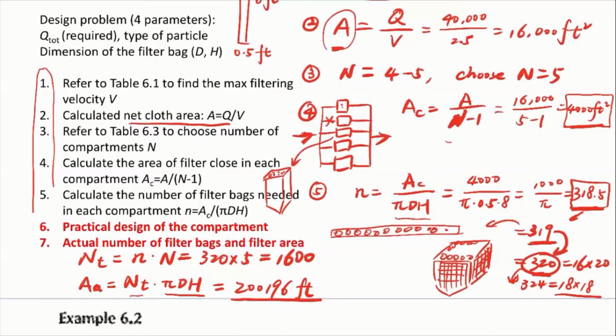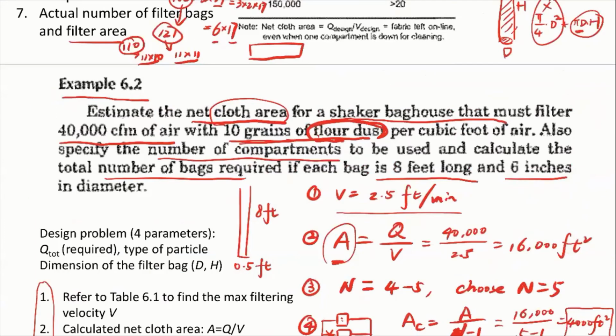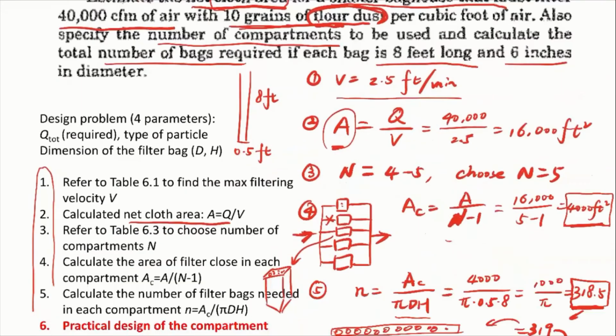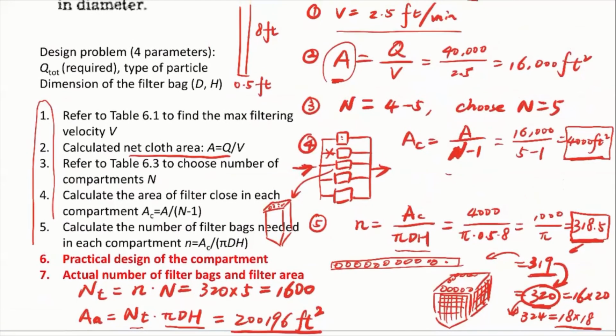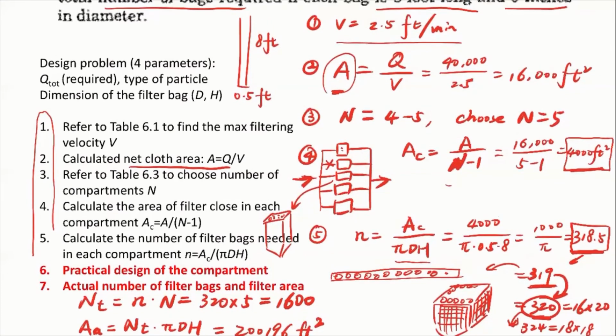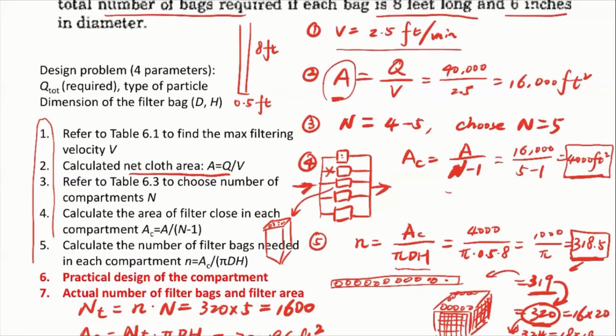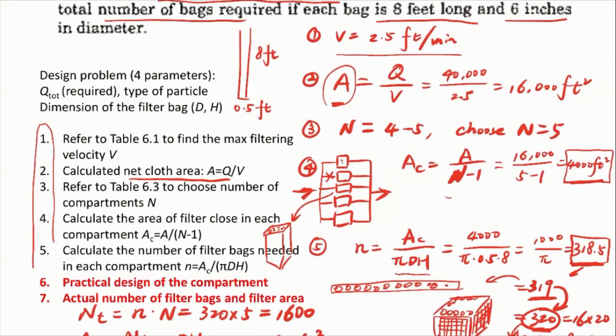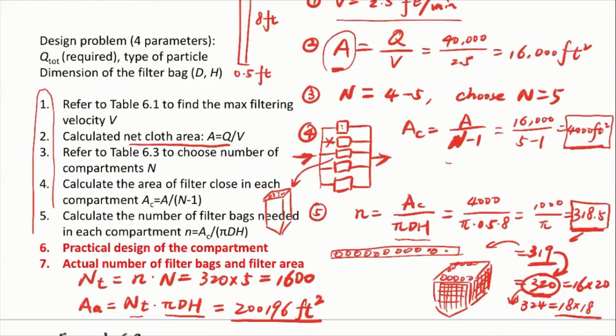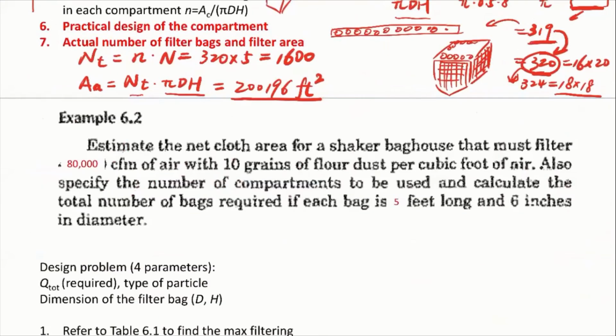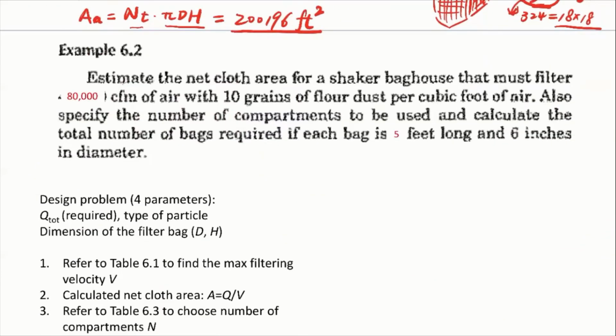Okay, so this is the actual cloth area, or the net cloth area of the system, right? So basically this is how we can look into designing such a system to filter the particles, a baghouse filter system, right? So now we can do a similar example, similar problem, except that we change to another set